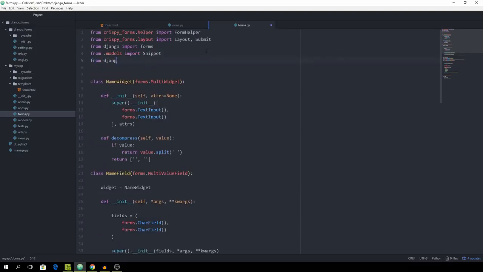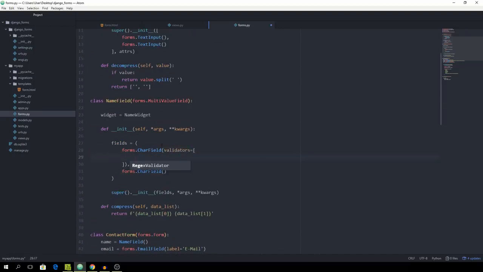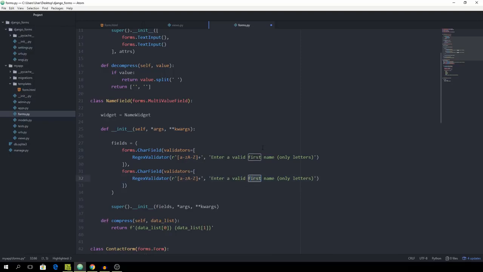So we can go to the tab and again from django.core.validators import the RegexValidator. And now in here we can set validators equal to a list, and the first one is going to be RegexValidator, and this takes a regular expression. And of course, if we are expecting a name, we only want to be able to capture letters, so A to Z and uppercase A to Z, and then plus, which means at least one, and then the error message if the user doesn't comply with this. Regex should be enter a valid first name, and then in parentheses only the letters, and copy this validator over to this second one, and this should say enter a valid second name,